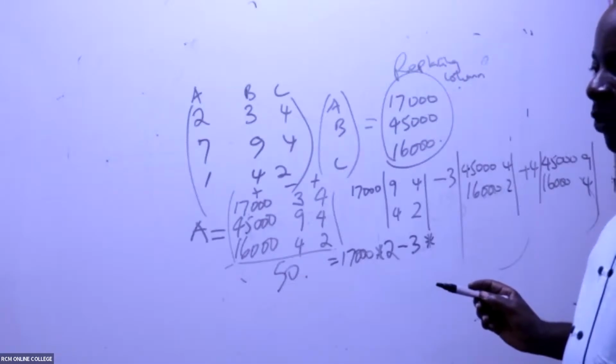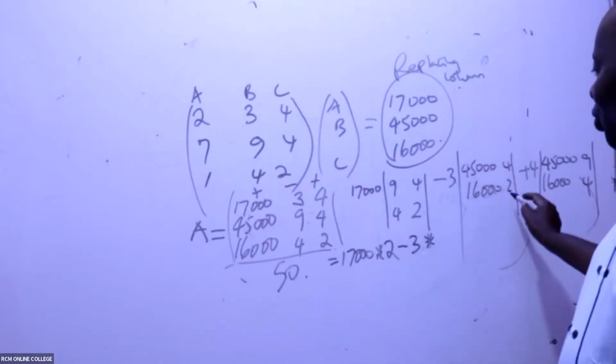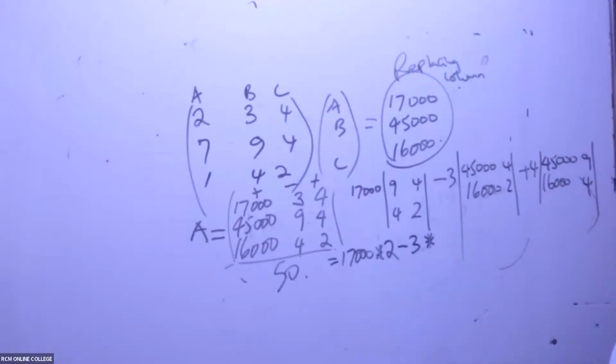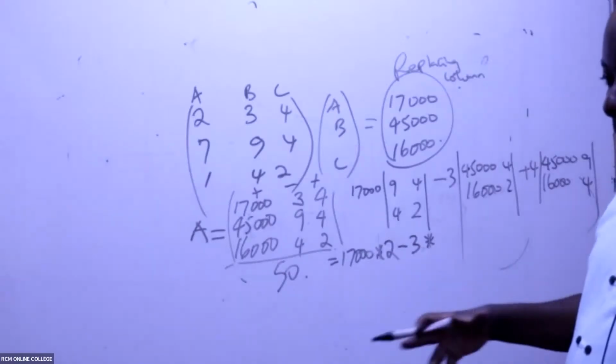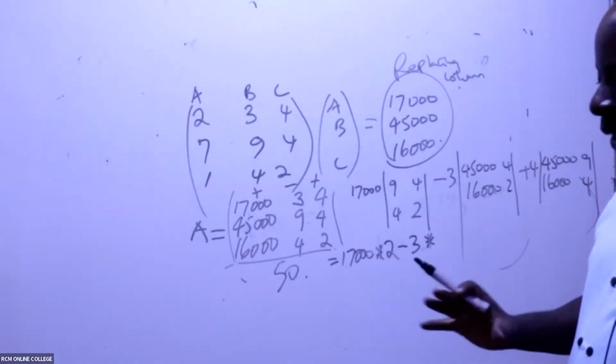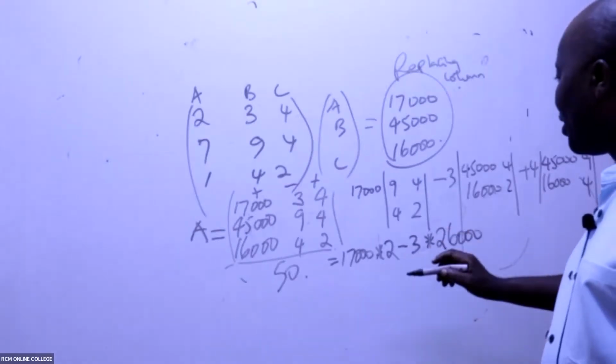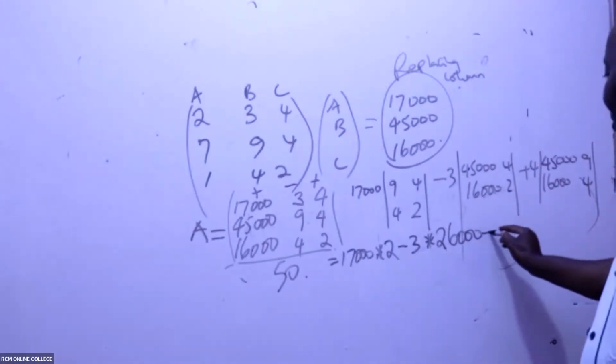I hope there is somebody who is following this as I come to repeat later. So 45,000 times 2 minus 16,000 times 4. What figure are we getting there? Please relax, I'm repeating. 26,000? 26,000, all right. So we have here plus 4